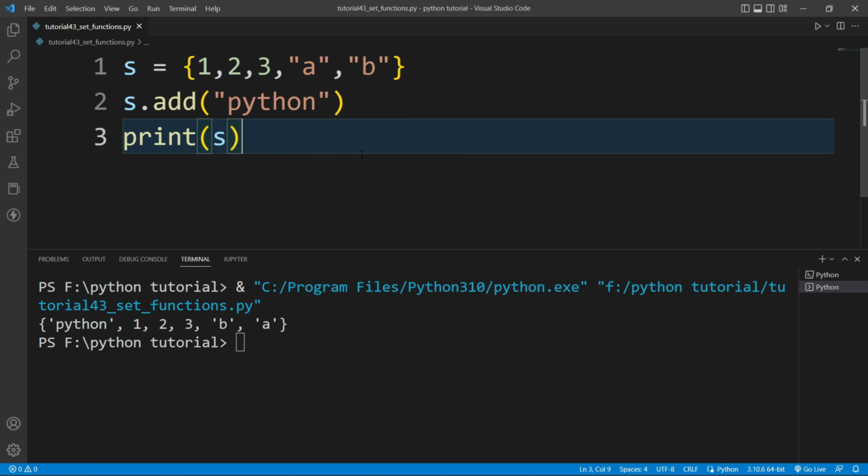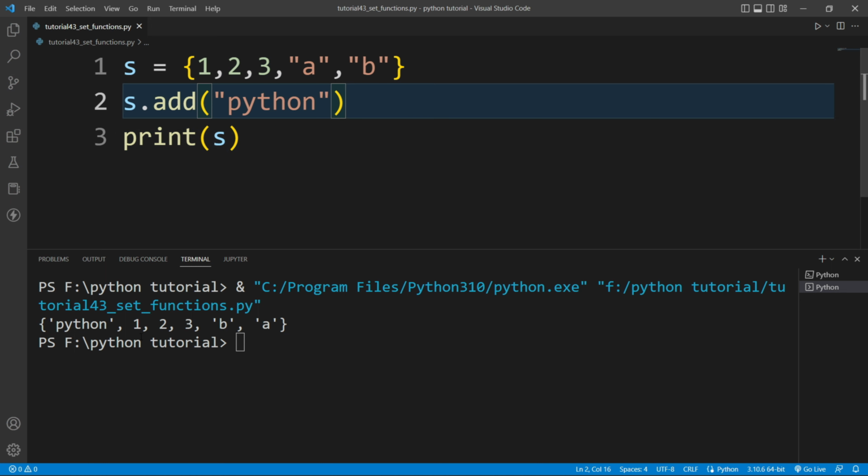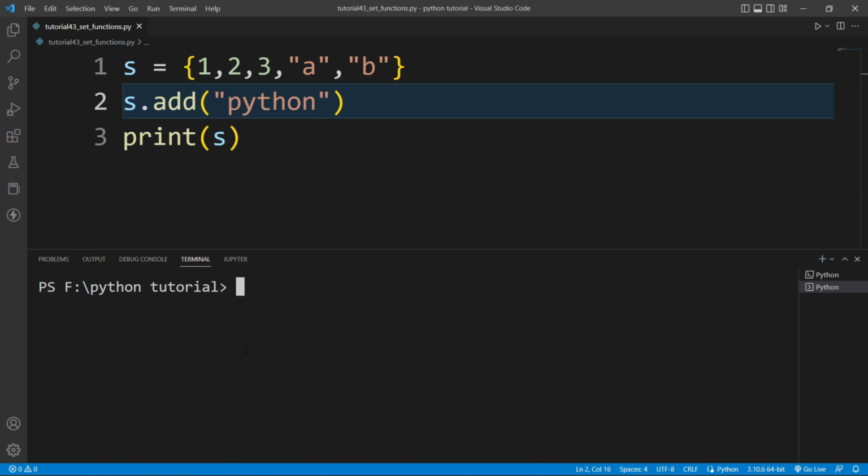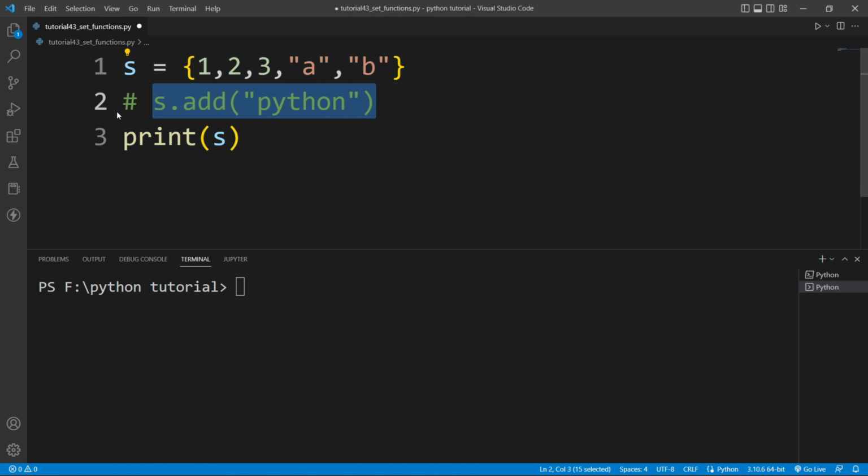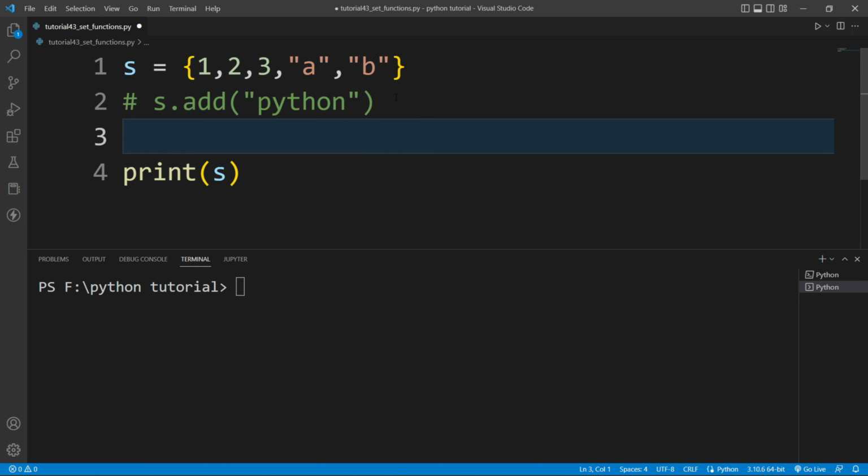You can observe here this Python is added at the beginning of this set. That means there is no fixed order. That's why sets are unordered. So this object can be added anywhere in this set. Now I will clear the terminal and comment this statement,